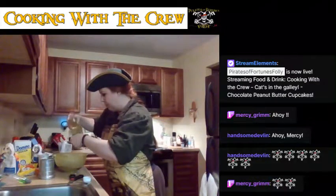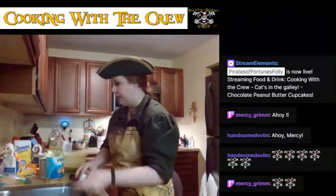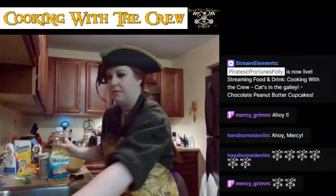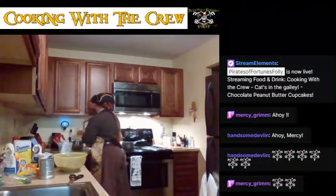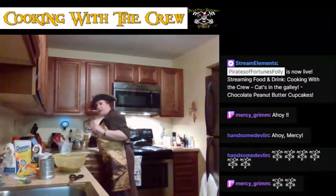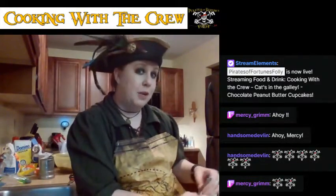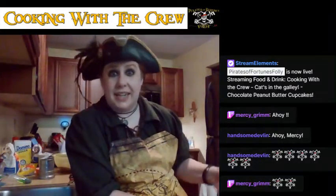I mean, this is baking where to a point you can just toss stuff in there. Because again, trying not to mess up the chemistry of the thing, especially with oil, because that's what will make them fluffy or greasy or fudgy. It's usually based on the oil content and the egg content, of course. All right, and a pinch of salt. Now, as far as a pinch of salt goes, I complained on my last broadcast that I had no idea how much a pinch was, and while I'm a really good baker, I rely on being a really good baker by the fact that baking instructions most often tell you exactly what size of thing, what amount of thing to put in. So,